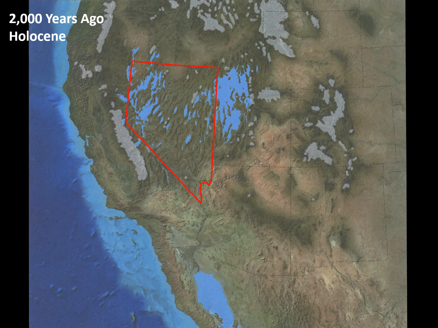The Quaternary can be broken down into two time periods, the oldest being the Pleistocene and the more recent and current time period, which is referred to as the Holocene. The Pleistocene marks the onset of the ice ages, with more than 20 glacial and interglacial cycles taking place. Ice sheets covered Canada and the northern United States, although at this time only a few of Nevada's mountains were heavily glaciated.